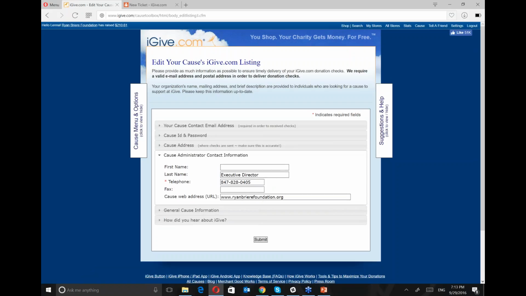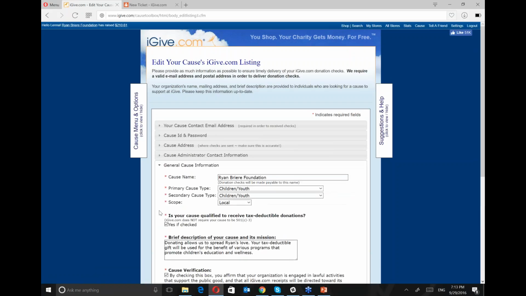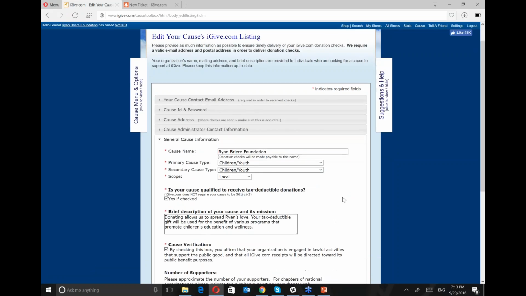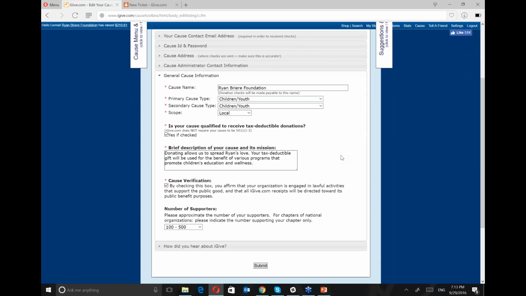There's some contact information there and some general cause information. And I want to talk here for a second about the general cause information, because here we have some basic description of the cause and the mission. A question of, is your cause qualified to receive tax-deductible donations? Now, we're not accountants or anything like that, but it's important that you check that if you have it, because